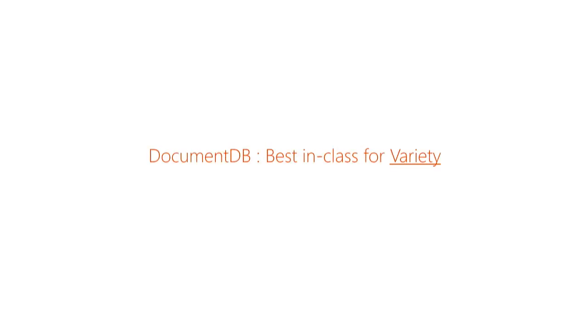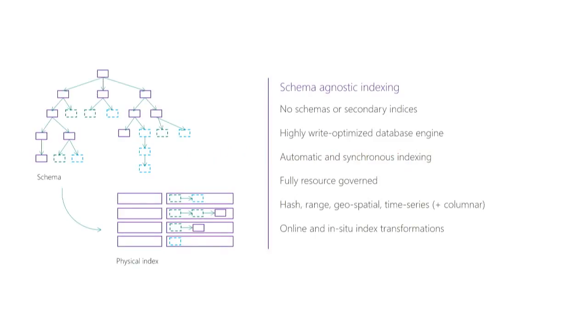So what do we do with this data? Why is DocumentDB interesting in this regard? One of the things that I think makes this interesting is we're not only able to ingest this data with different schemas, but we also are able to index it without knowing anything about it up front. This is because JSON can be very, very easily represented as a tree. If I were to think of that root node as the root of a document, each of the underlying properties are then the child nodes.